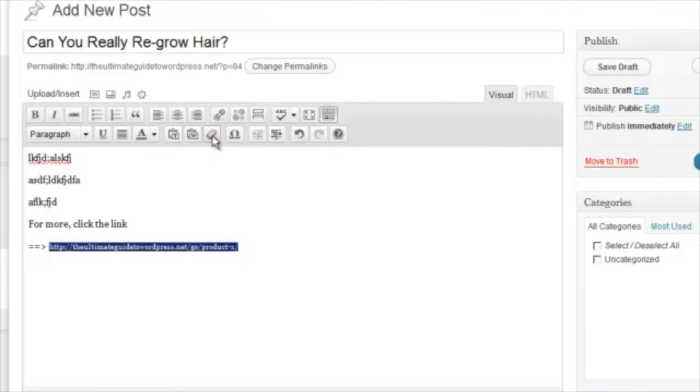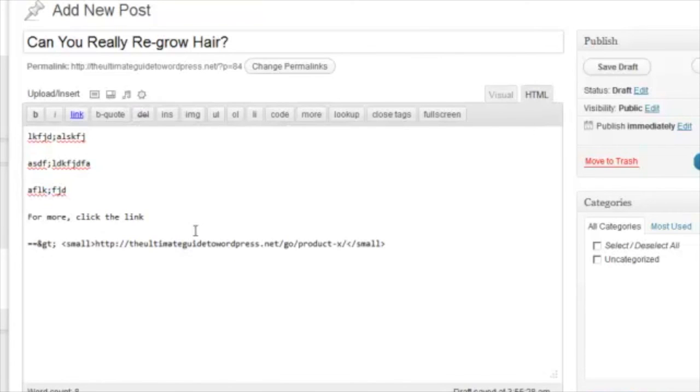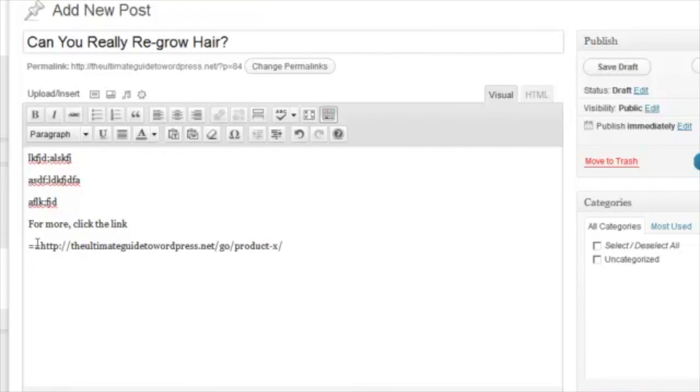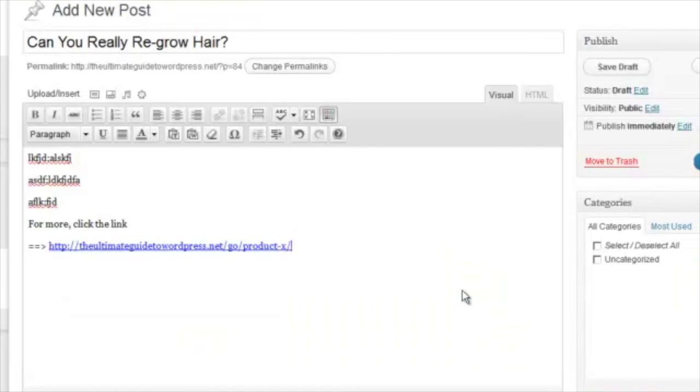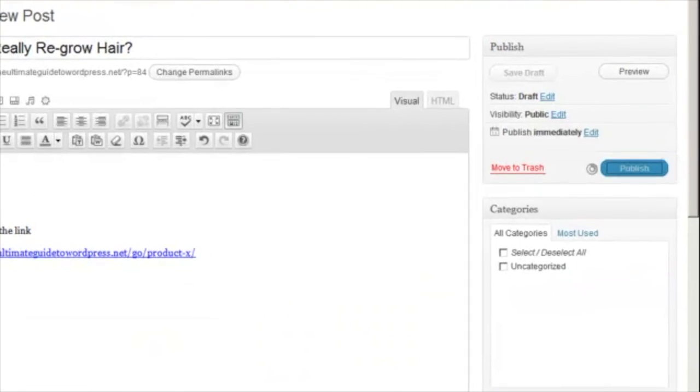Use this little eraser to remove formatting. Sometimes it works, sometimes it doesn't. In that case it didn't. So we can get rid of the small tag, go back here, type in our little caret, make our hyperlink into something that's clickable, add the link, publish,